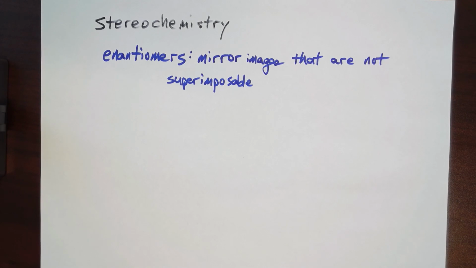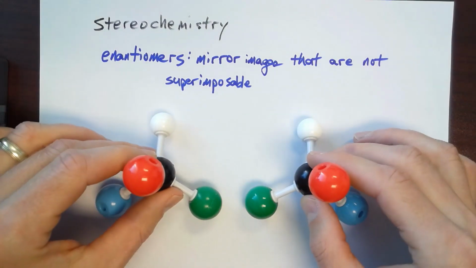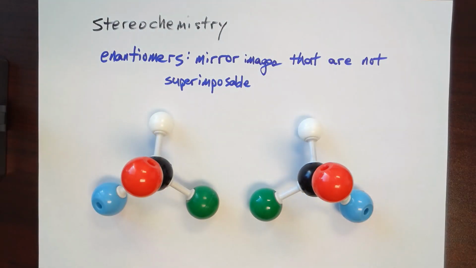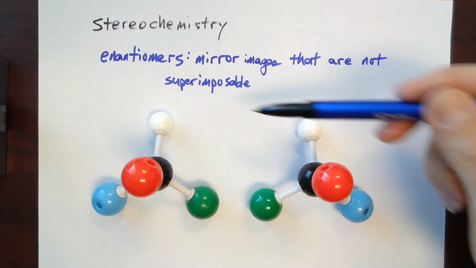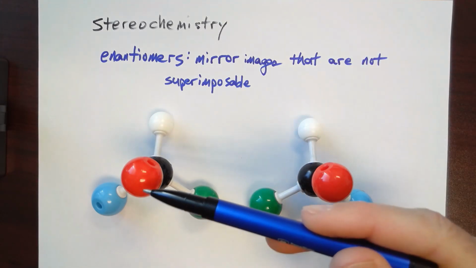We're going to be talking about enantiomers, which are non-superimposable mirror images. So I've got two molecules here that I've built, and notice that we have a carbon in the middle, and then we have a red, a white, a blue, and a green ball attached to it. So this represents four different groups that are attached to this carbon. So these carbons then are what are called chiral centers. Chiral just means handed. And if I look here, notice that I've got the white balls both pointing up,